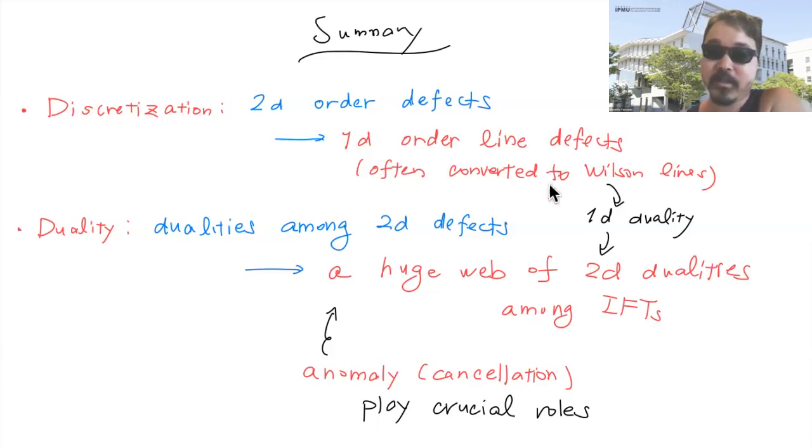Now, along the way, we also discussed degeneracy in the description, which is a statement about dualities. And you can try to discuss the dualities simply by invoking the dualities of the defects. This raises a lot of questions, most of which we haven't answered yet. But at least it gives us a statement about the huge web of two-dimensional dualities of integrable quantum field theories. Most of the discussion goes through defect-wise, but there are some important global constraints on the spectral curve, which come from the anomaly cancellation condition. Okay, I think time is up. Thank you.